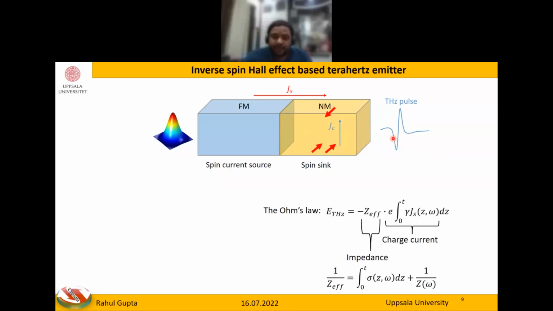And this electric field amplitude can be governed by Ohm's law, which is a product of the effective impedance and the charge current in the metallic layer. And this charge current one can write in terms of the spin Hall conductivity, gamma, and the generation